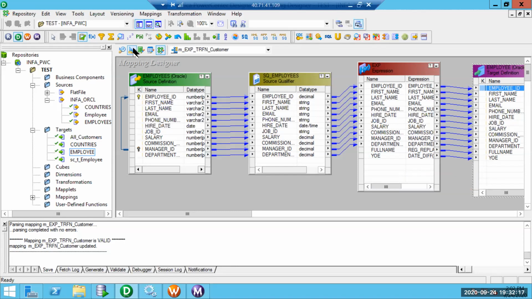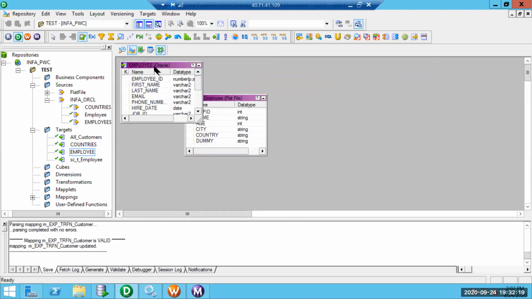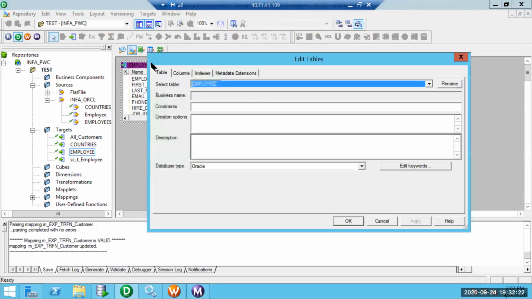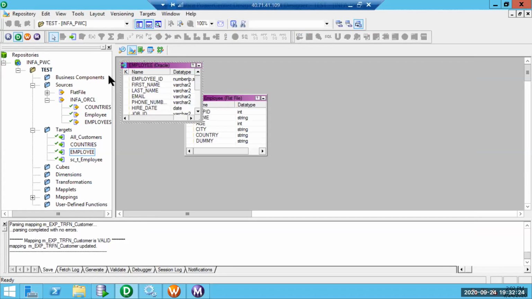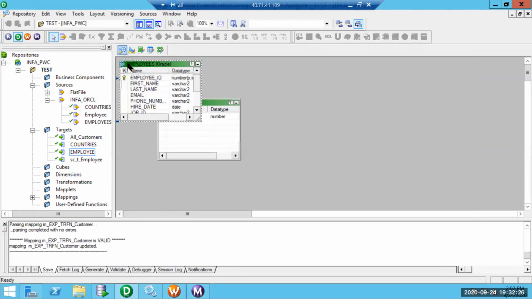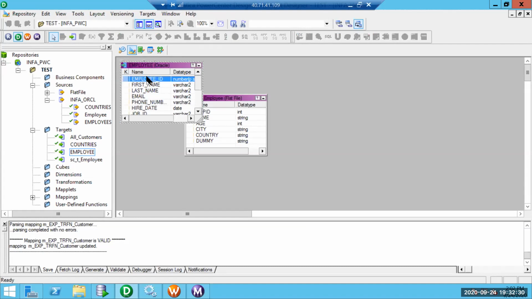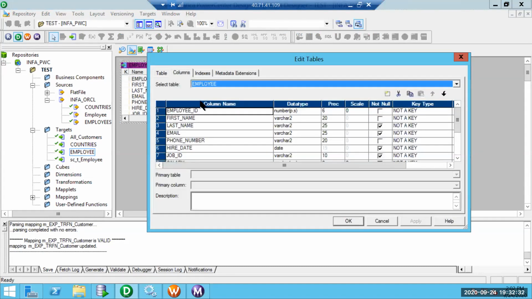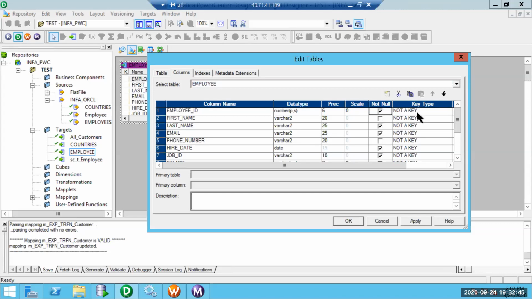So I'll go to my target definition and edit the target definition. In case of source, we have a primary key column on employee ID. Frankly speaking, do we really need a primary key in the target at the database level also? No. This is usually to get a where clause when we are doing an update.